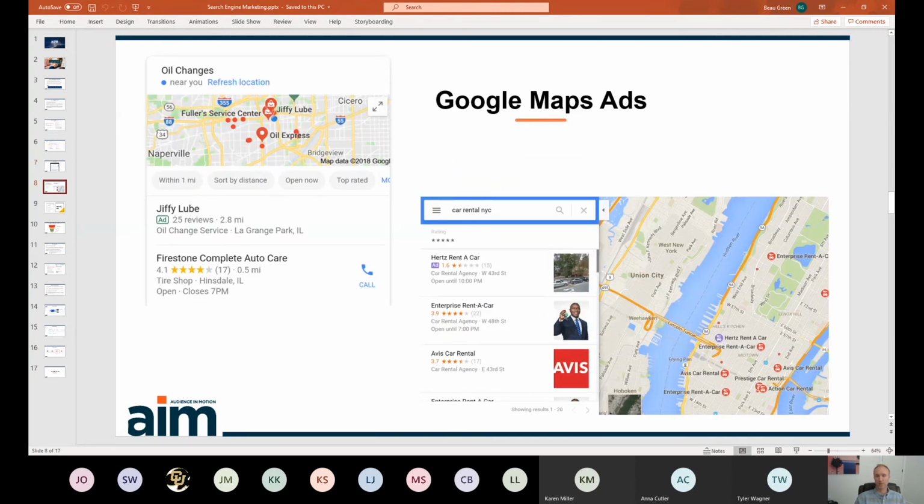Google Ads can also appear, and this is pretty recent, in Google Maps. So the ads that you see in Google Maps, again with the little word ad in there, that is a Google ad. So if you want to show your client that they can actually show an ad in this map section, you could show them an example of what that looks like. Google Ads is how we would get them there.